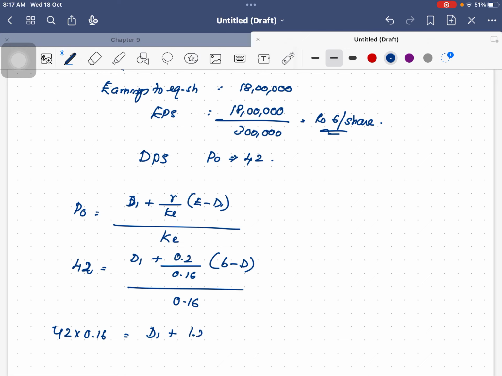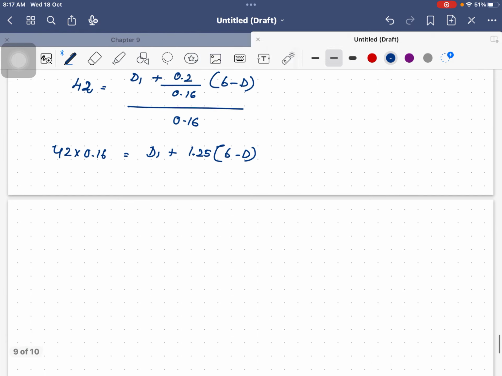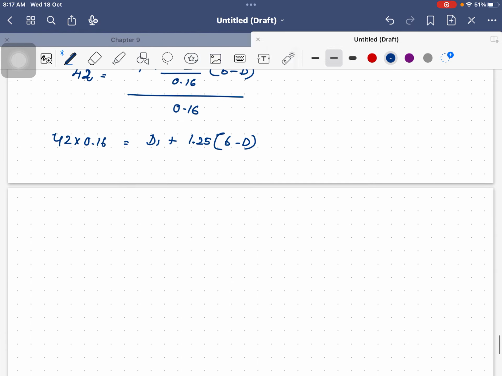It is 1.25, into 6 minus D. And 42 into 0.16 is 6.72, equal to D1 plus 1.25 into 6, which is 7.5,